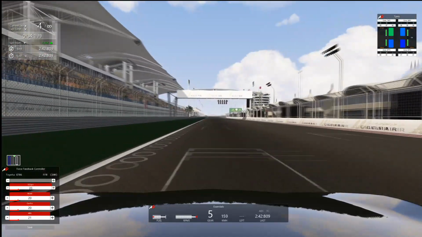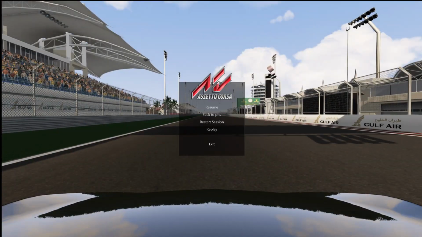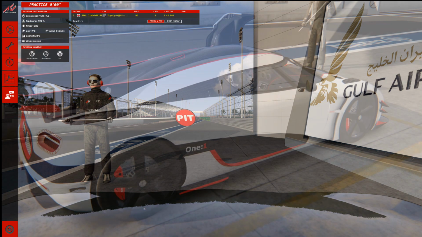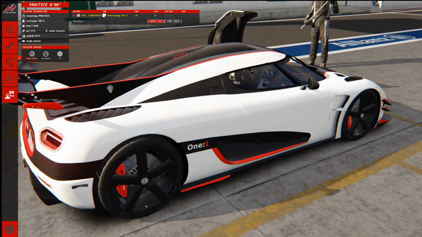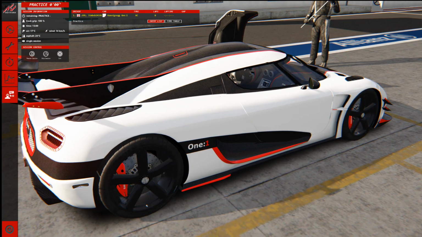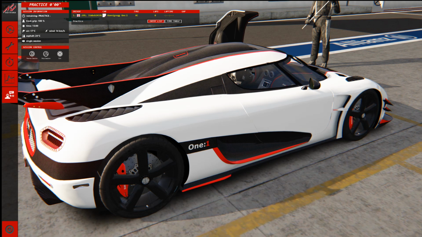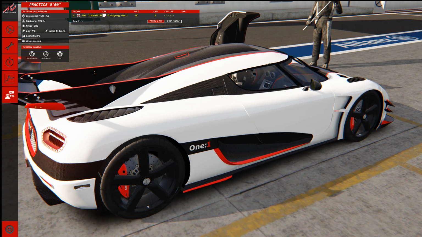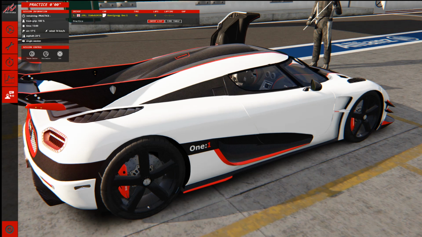So now that we've had a nice little sighter in the GT86, let's jump over to something a little quicker. Okay guys, so car number 2, the Koenigsegg One:1. It's one of my favourite cars. It was the first car to reach a megawatt of power. Koenigsegg has actually been